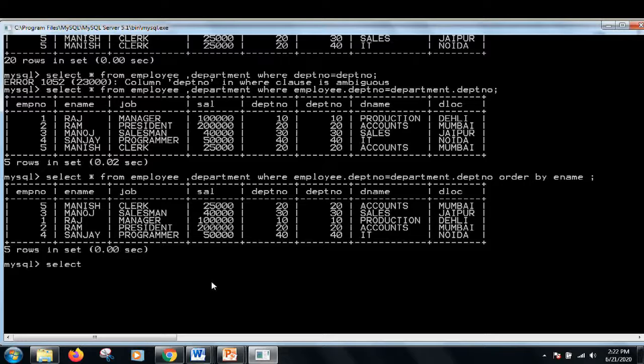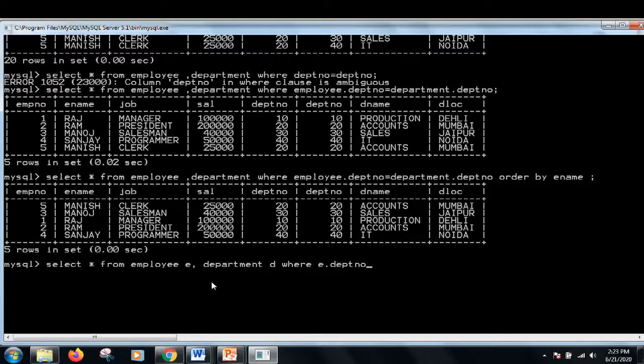Suppose I am writing this query: select star from employee. I put a short name in the from clause just after the table name, E, and for the department table I will write D. Now this E and D will be the table aliases and I can use them in writing this query.